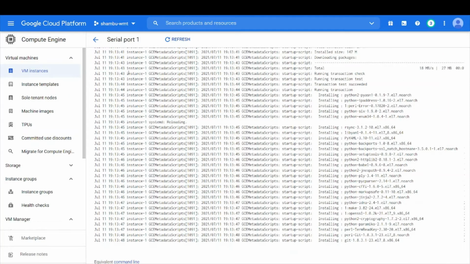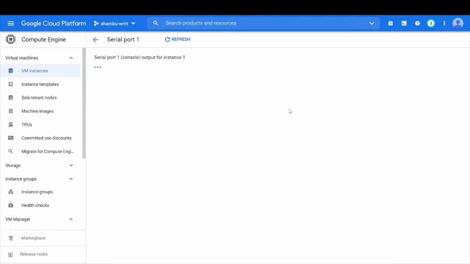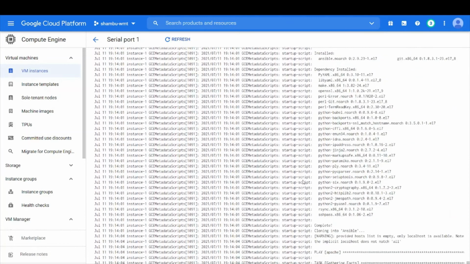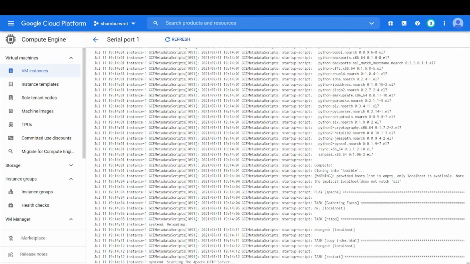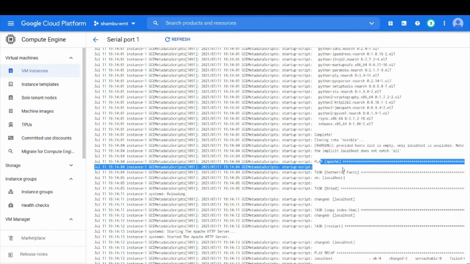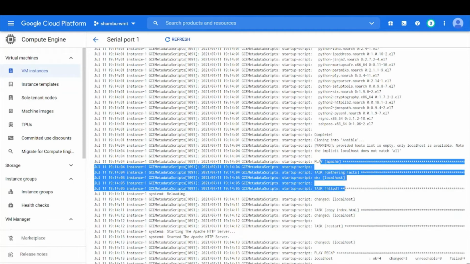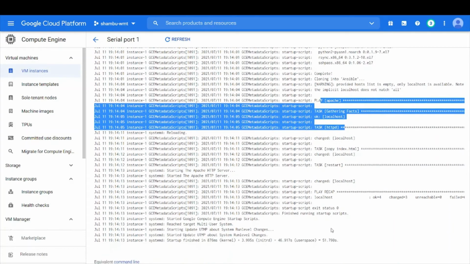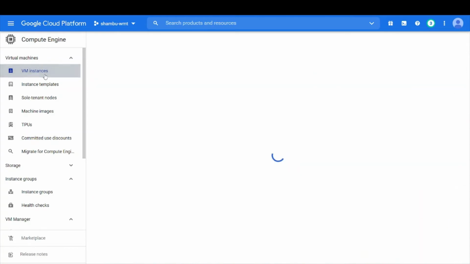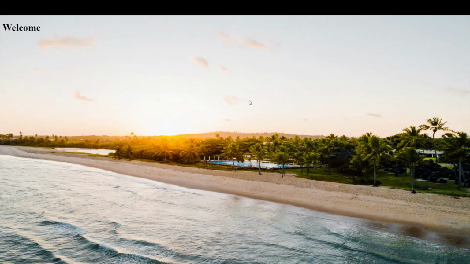And it is installing some Git dependency packages as well, some Python packages. So finally it has completed installation. Okay, it is running the playbook here. So it is copying the HTML file and it is completed. Okay, if I open this external IP, I should be able to see the home page. Yes, I'm able to see the home page.